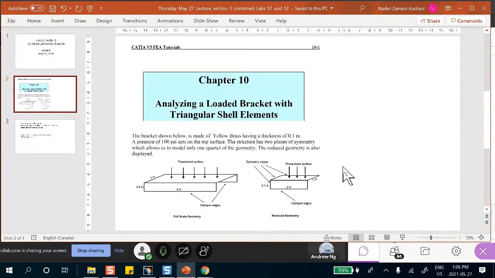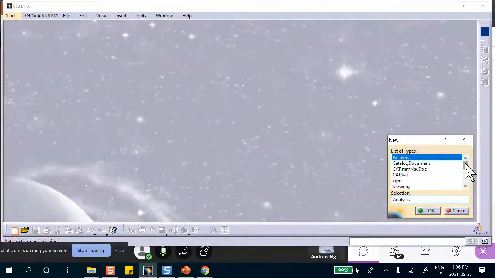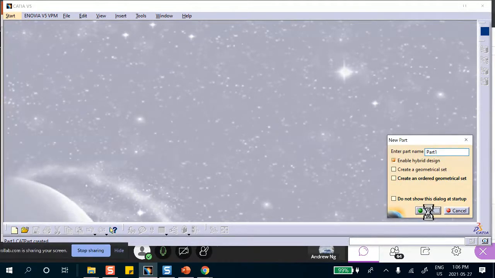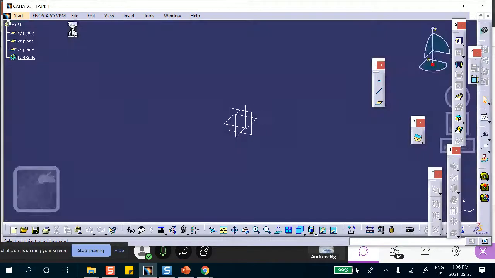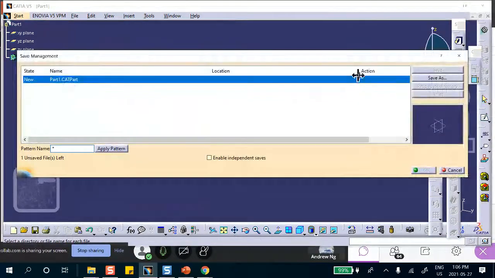All right. Are there any questions? Okay. So let's go to CATIA. We start with the part file, just like before. Immediately we save it. So we're going to say File, Save Management, Save As,